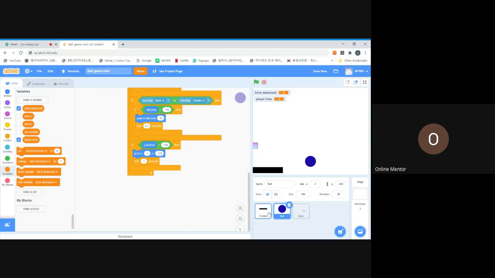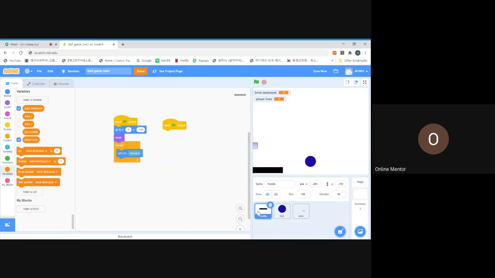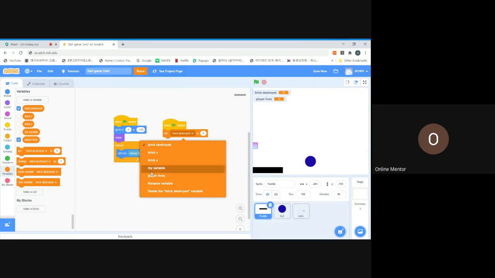So I think there was just an issue with the variable because it looked like it wasn't saved for all the sprites. So when flag clicked, set player lives to 5. So we're gonna use the set one, and then we're gonna change it to player lives, and we're gonna set it to 5. Okay, and then we're gonna go into the ball code,